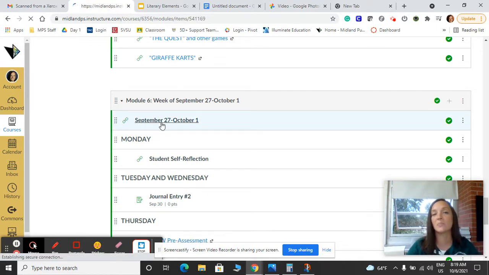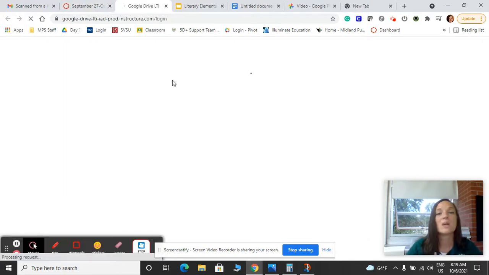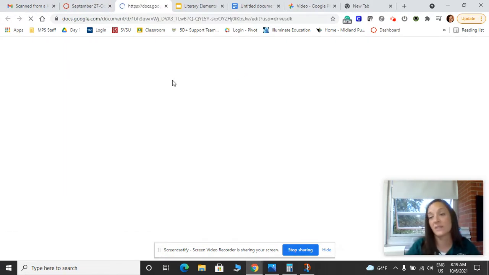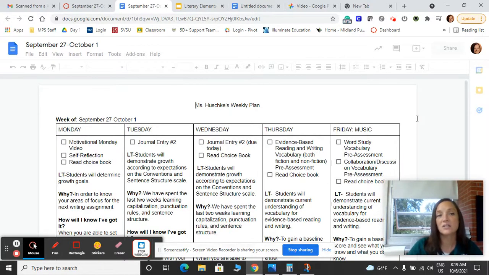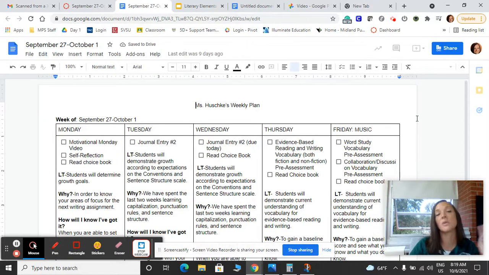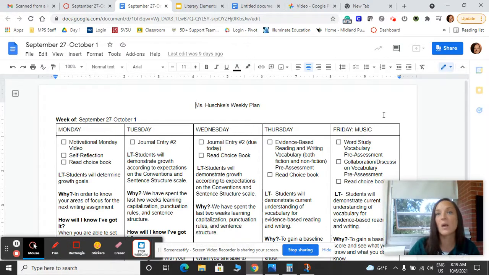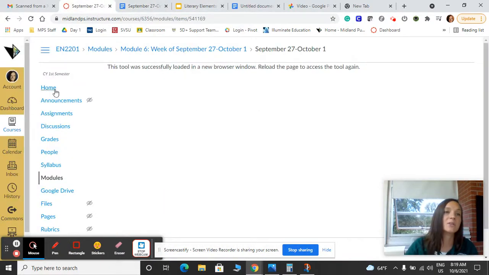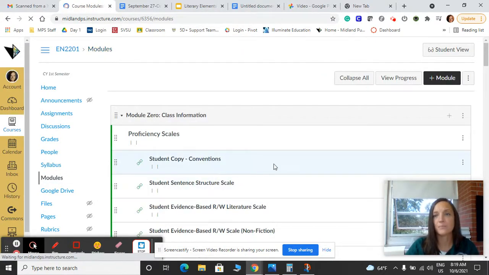If you open up the weekly plan, if students do that whenever they are gone, or if they are stuck in quarantine, because I know that's happened a lot, this actually tells you, and it's posted before the school week even starts, what we're doing in class, the order we're doing it in, and what the learning target is. So they always know what's happening, okay? And whatever we're doing corresponds with whatever's going on for that particular day.